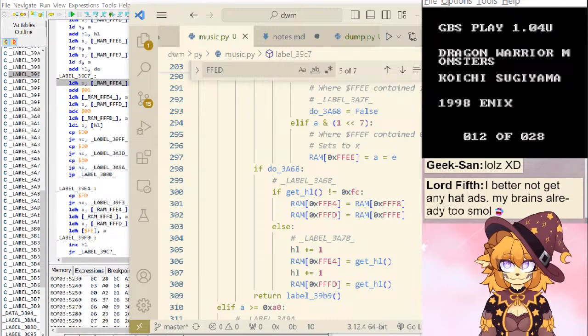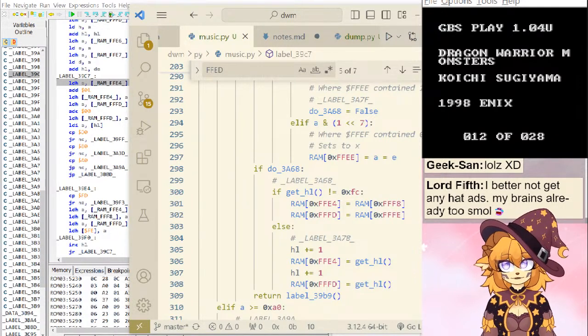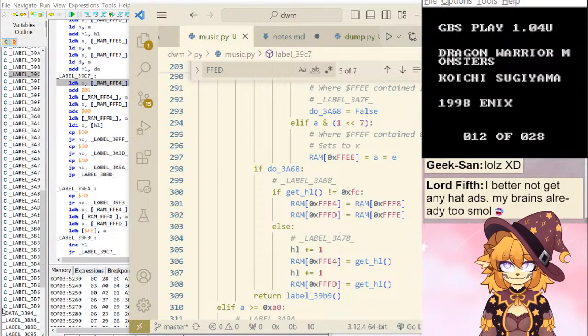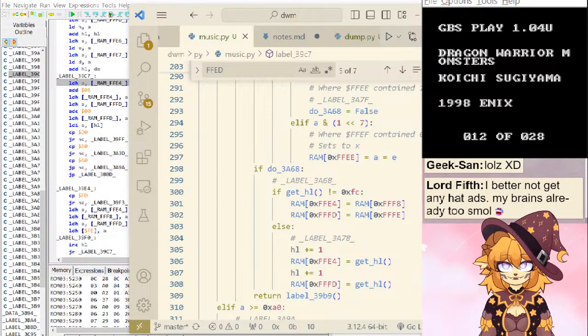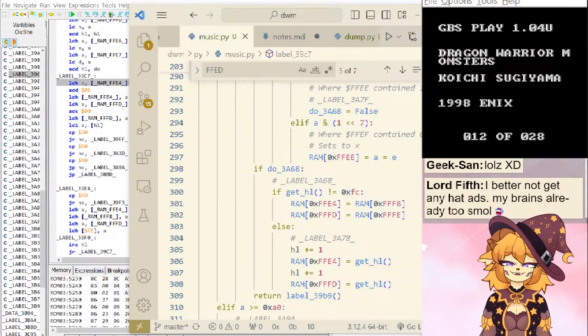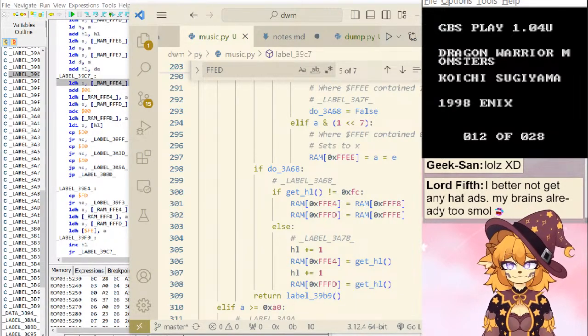It only gives me ads based on my location. I'm sure the AI can see chat. I'm sure it can see it, but I don't know if it cares, if it looks at it or uses it. Guarantee sometime today you get some Domino's pizza ad. Maybe. Pizza time. Better not get any hat ads my brain already sees. Yeah. I just had pizza recently, so I am done with pizza for another couple months.